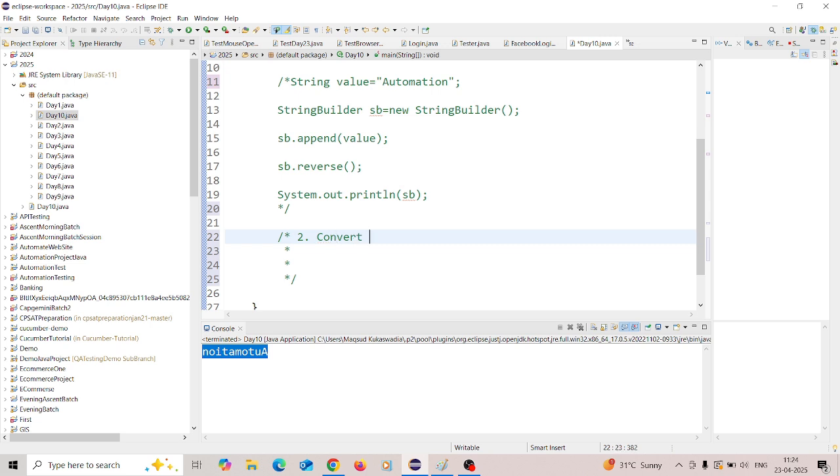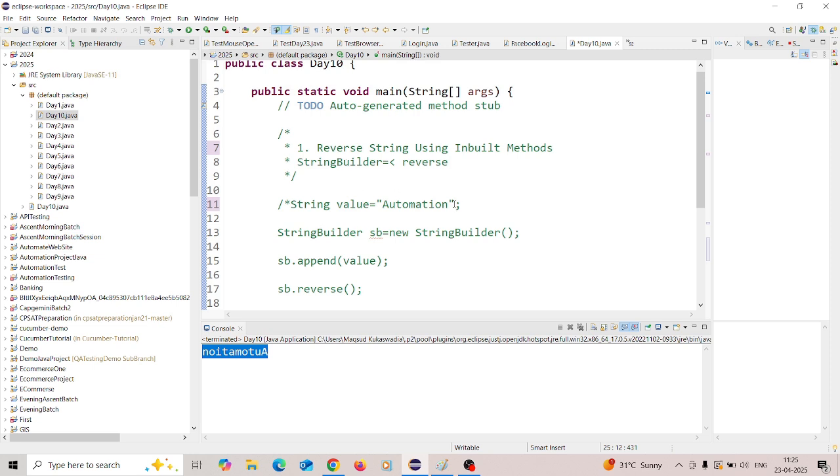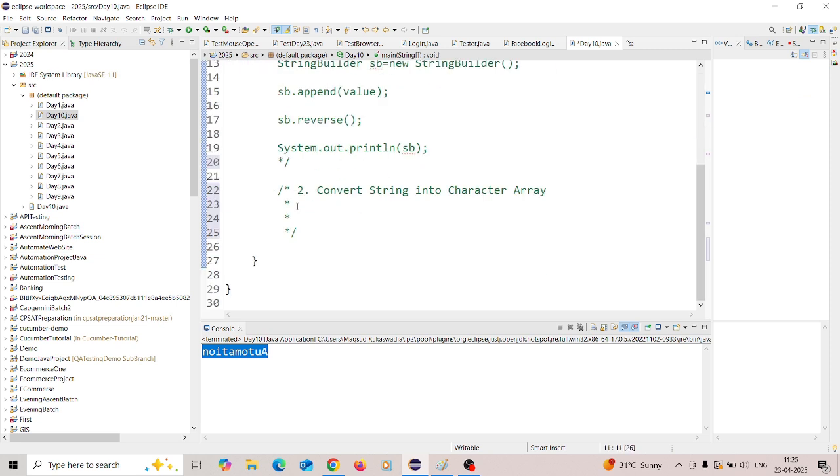String into character array, right? You can give here array, and now we are trying to copy this automation. Same string I'm just trying to use as an example, and we would like to add over here. Okay, and now we are trying to convert into toCharArray, so I can give a value dot